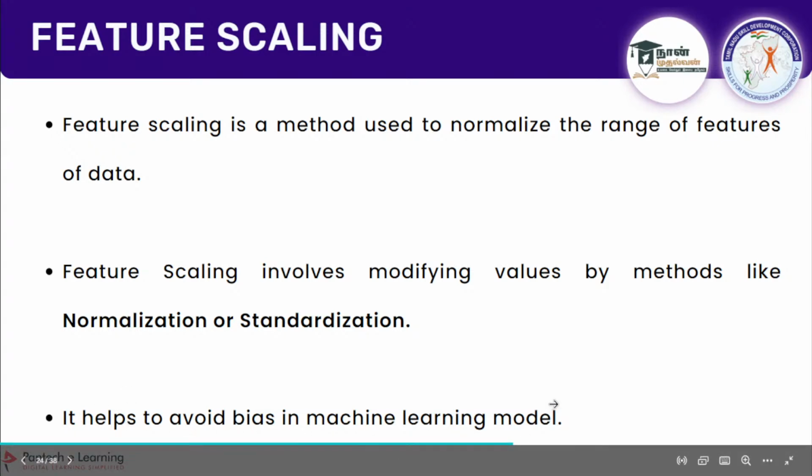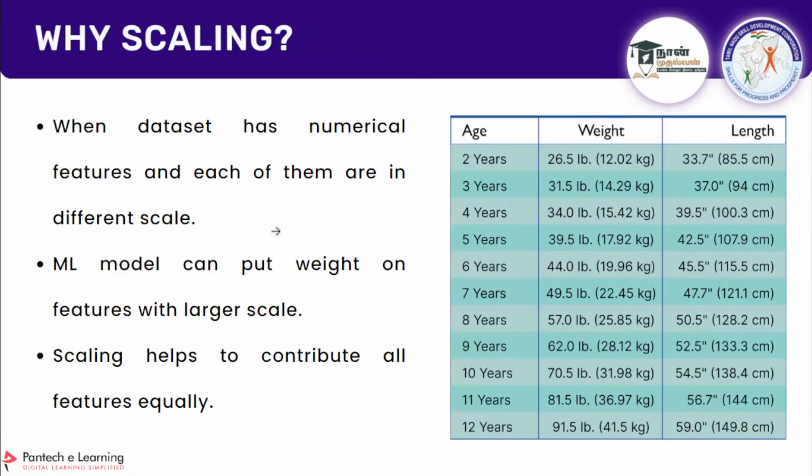So what is this bias and why we are doing feature scaling? Features are the columns which contain numerical data. And for example, I'll tell you with a practical example. So this is a data set. See here, I'm having three columns: age, weight and length. Can you see what is the unit they are measuring? So this is measured in years. Okay, age is measured in years, weight is measured in kilogram, okay, and length or height is measured in centimeter